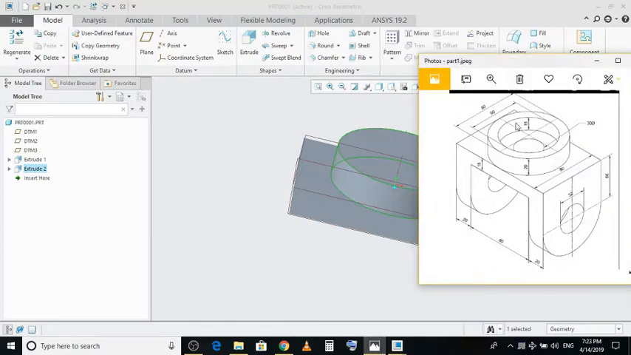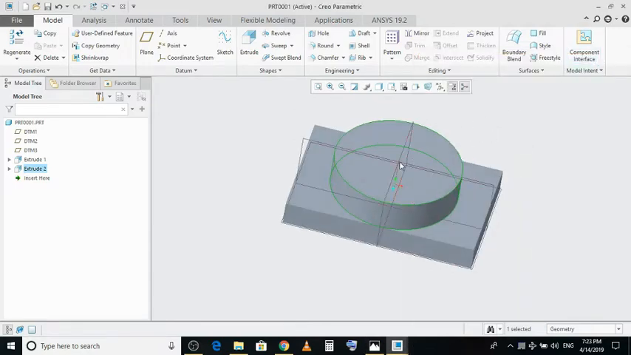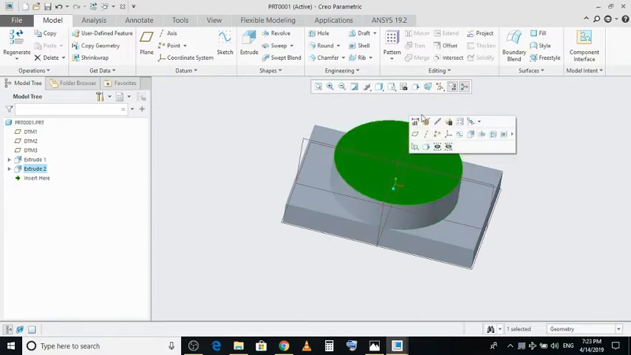Now there is a cut, a depth of cut. The inner circle is 60 and this depth is 15, okay. So the 15 cut is there. We'll select this surface and click on extrude,